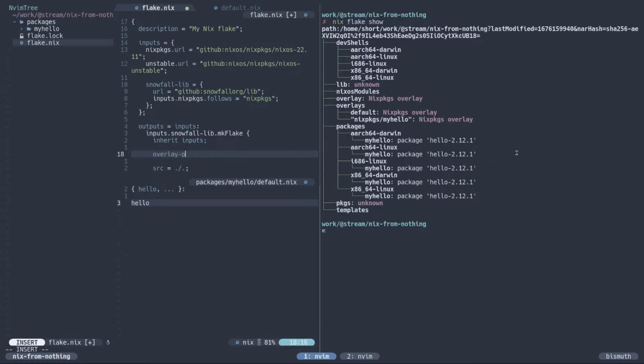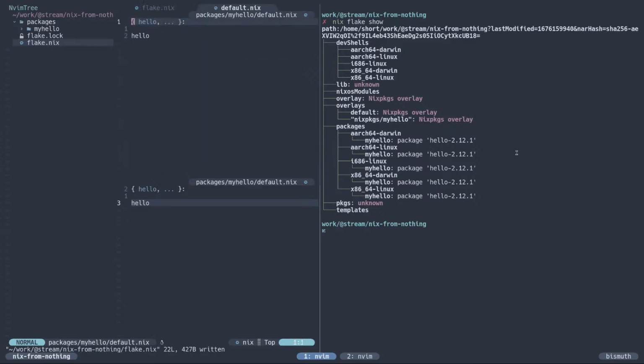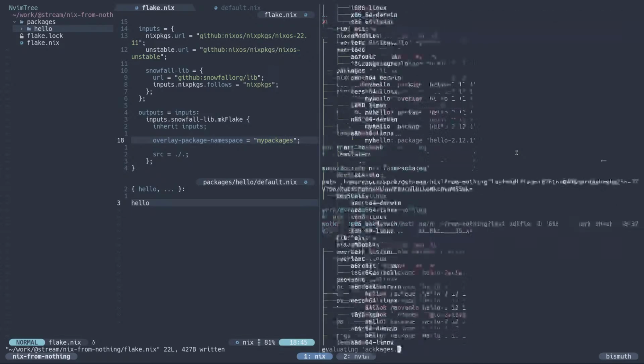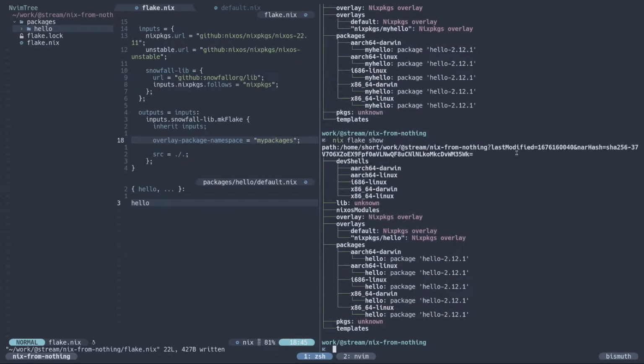It's called overlay package namespace. Currently, this will change to be a more simple namespace name. That's coming in the next few weeks. And so like my-packages, I might call it. And now in here, I don't have to worry about that conflicting. I can just say hello is the name of my package. And on my Flake, it'll be named hello. In my attributes here,